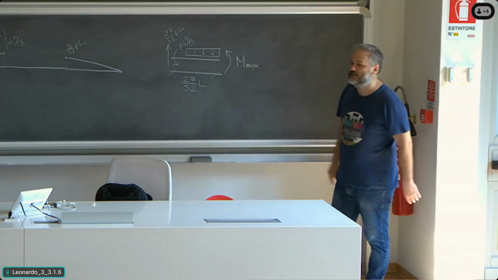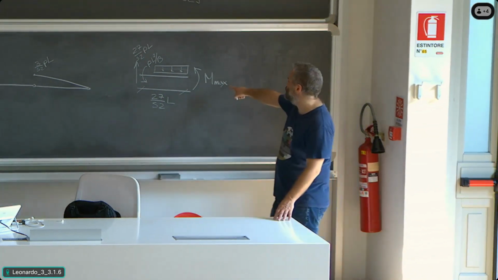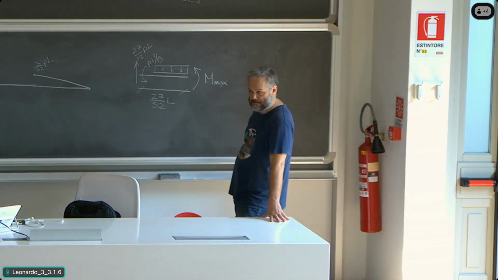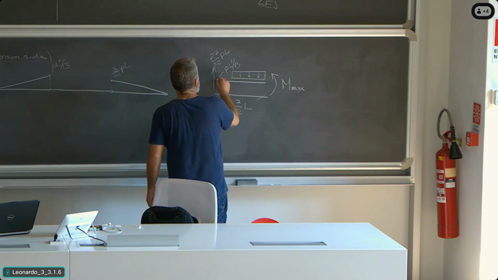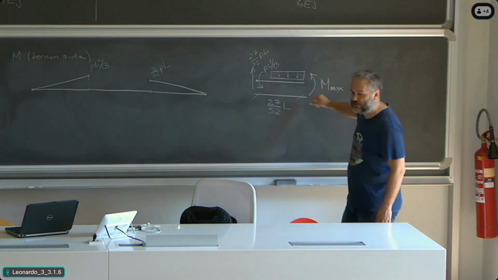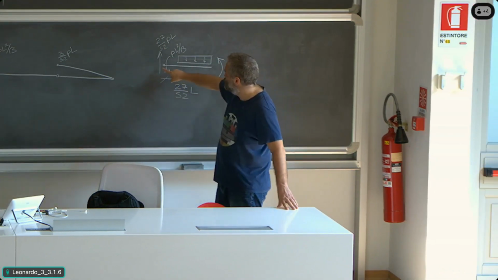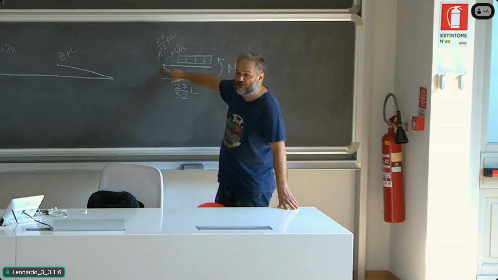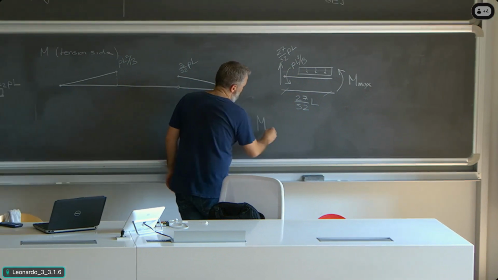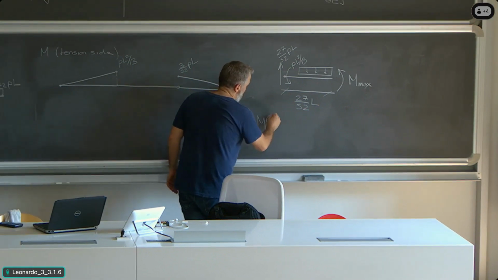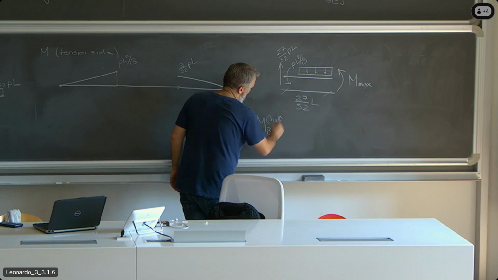So we have to write equations for working out M maximum. The most convenient equation in this case, since we know that there is a zero shear force here, is to write the equilibrium with respect to this point. So I'm basically writing the moment with respect to B of this portion of BC